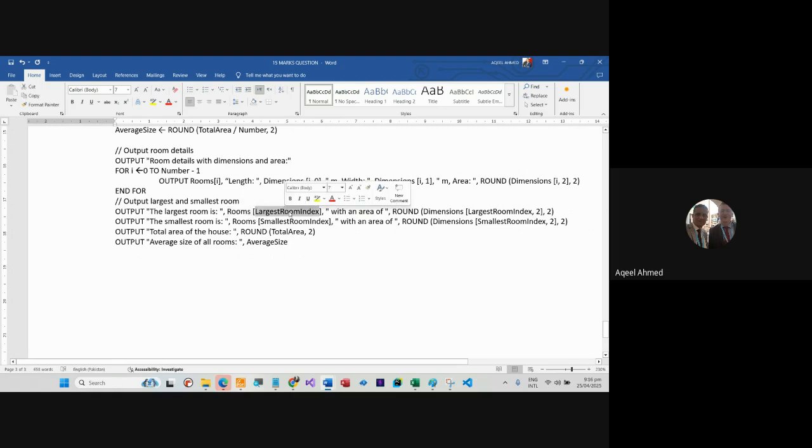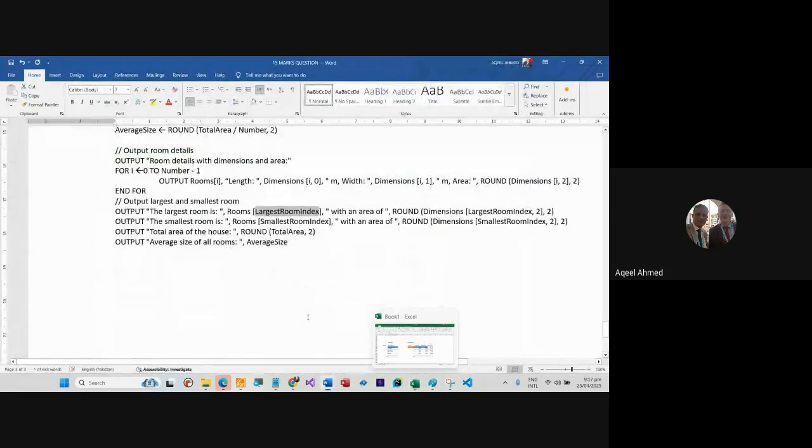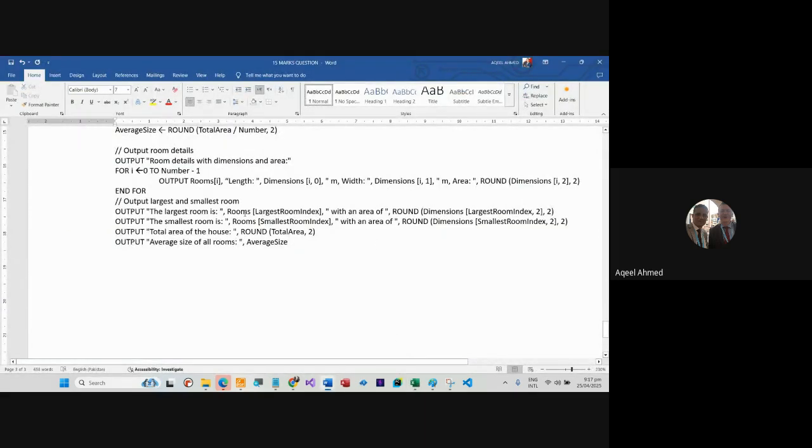यहाँ पे कह रहे हैं रूम लार्जेस्ट रूम इंडेक्स, तो रूम इंडेक्स अगर हमने ये निकाला था तो उसी इंडेक्स से ये रूम नेम उठा के ला रहा है, यानी ये वैल्यू भी दिखाएगा और ये भी दिखाएगा, दोनों चीजें हमें चाहिए। तो यहाँ पर दिखा रहा है रूम्स के एरे से उठा के ला रहा है, और यहाँ पे दिखा रहा है इसकी डायमेंशन जो लार्जेस्ट वैल्यू थी, यानी सेकंड कॉलम की वैल्यू, अगर ये लार्जेस्ट है तो ये वैल्यू भी दिखाएगा, यानी रूम भी दिखा रहा है और उसकी लार्जेस्ट वैल्यू भी दिखाएगा। इसी तरह जब स्मॉलेस्ट रूम की बात होगी तो रूम भी दिखाएगा और उसकी स्मॉलेस्ट वैल्यू भी दिखाएगा, और फिर इस तरह टोटल को राउंड करके आउटपुट करेगा, एवरेज को भी आउटपुट करेगा।